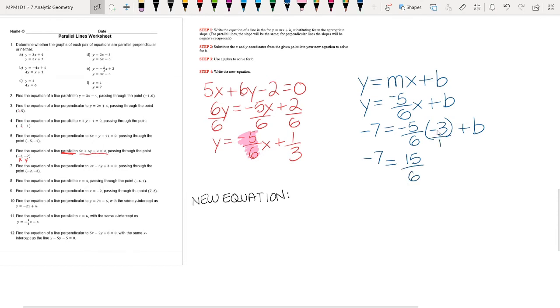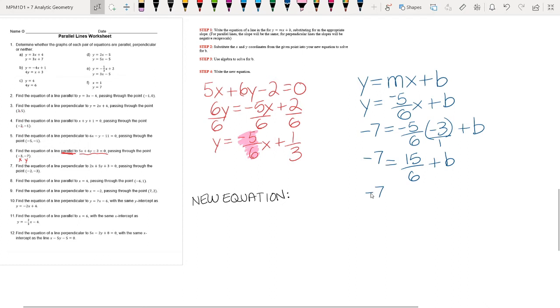How did I get that? Negative 3 times negative 5 gave me positive 15. 6 times 1 gave me 6. Negative 3 is just negative 3 over 1, and so that's why I can do that multiplication as I've done, plus b. And now I want to get b by itself, so I need to subtract 15 over 6